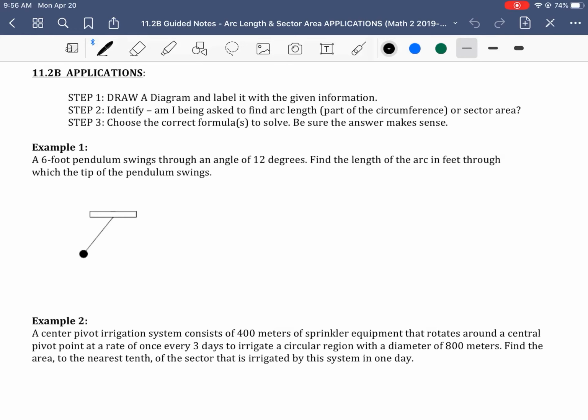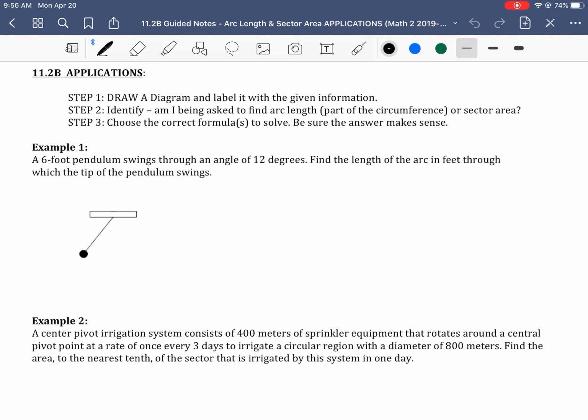All right, we finished through all things brand new content for this quarter in this year. Today you're going to spend just a little bit doing a couple applications related to sector area and arc length. So I just wanted to walk through a couple examples, and hopefully these help you as you tackle the applications you're doing today. Again, you probably want to have your notes handy so that you have those equations for arc